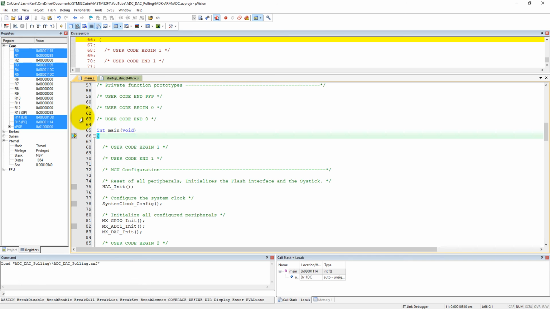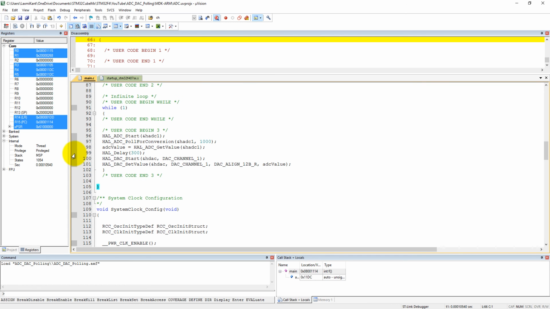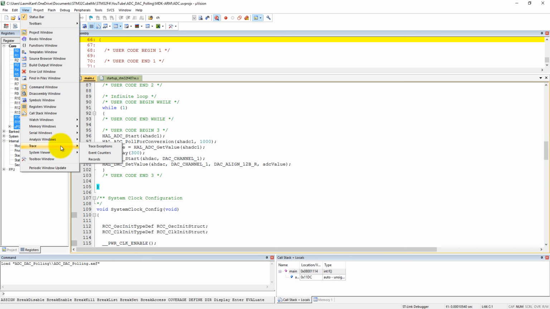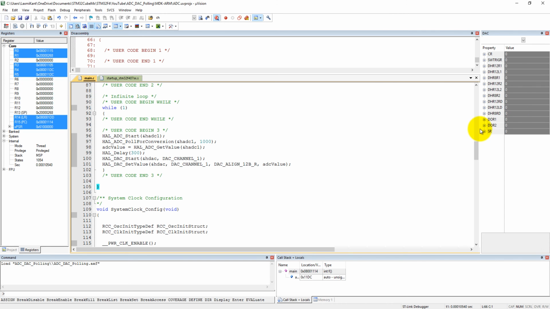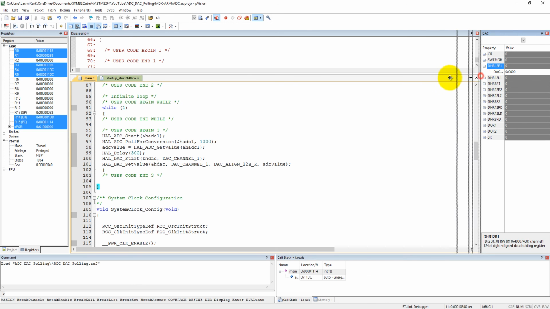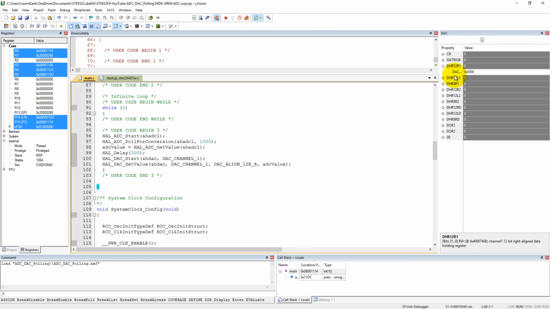Fine. When we enter into the debug mode, we can see the ADC and DAC together. So we can call DAC. Where is DAC? It is ADC. Yes, DAC. So in the DAC, DHR12 is the register which we are setting, which will produce the output at the DAC port.